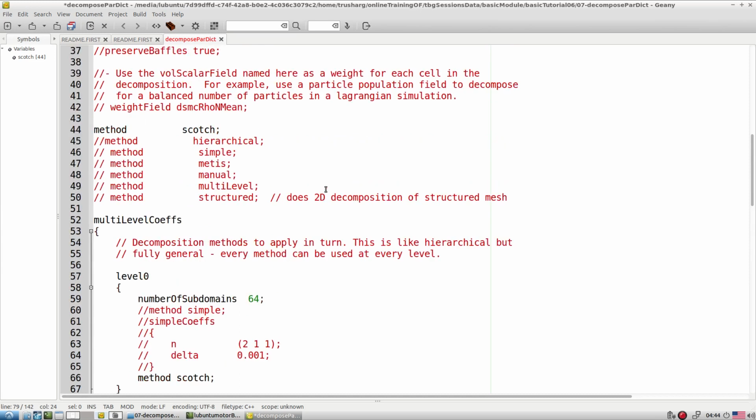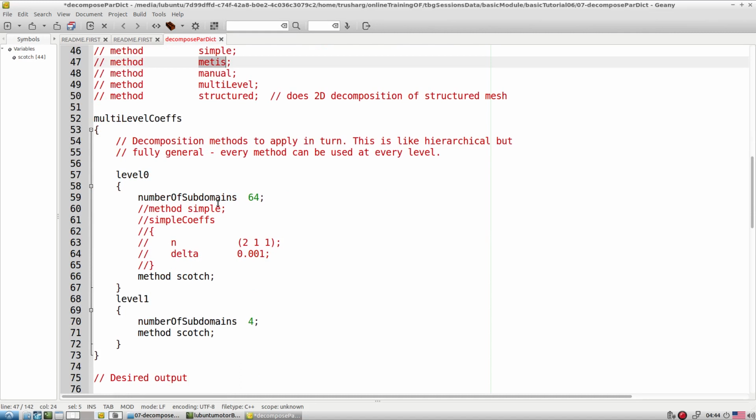Then we have the Scotch method, as well as hierarchical, multi-level and Metis. Structured works only if we are working with a 2-dimensional structured mesh. A very simplified way is simple or hierarchical, and that is what people normally use. Sometimes people work with Metis for unstructured decomposition.